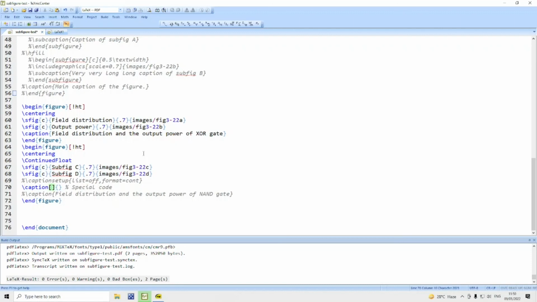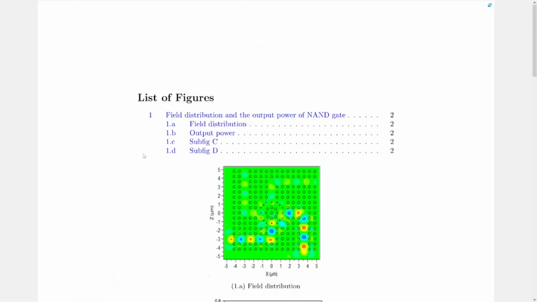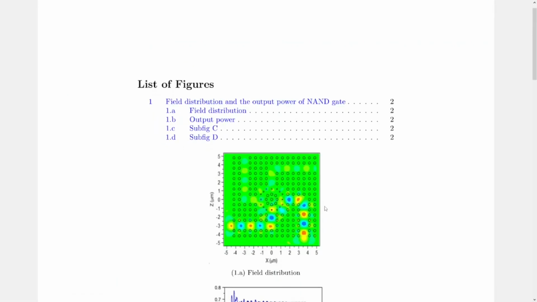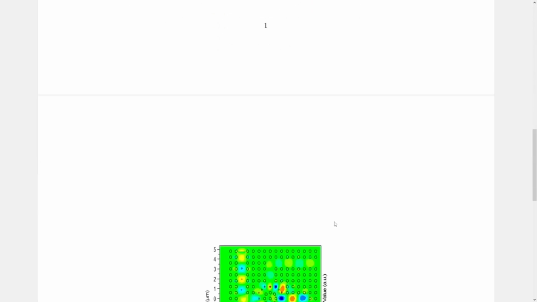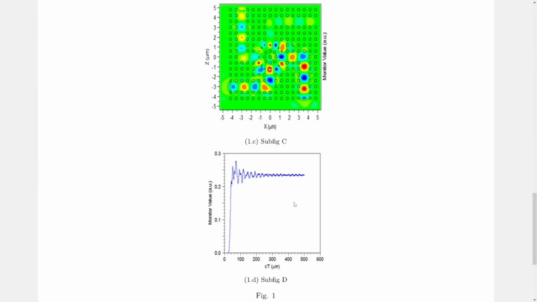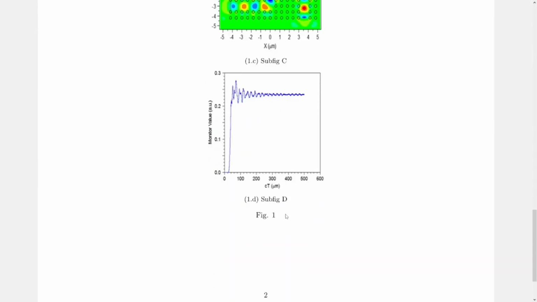Empty square brackets will mean that in the list of figures there will be no entry. Now let me compile. You will find here main caption comes here, figure 1, and 1c, 1d is here. There is no caption but simply fig 1. This does not appeal to many.